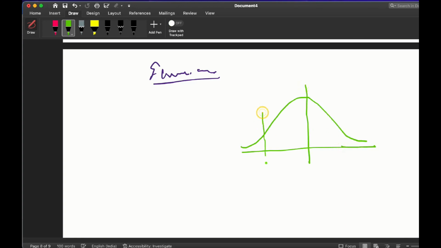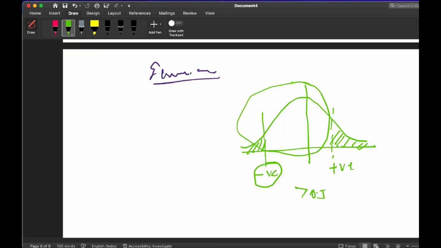Okay, so when we take the z value, this always comes positive and this always comes negative. This part is equal to this part. So if the area is coming 0.5, it will be this area, and if it is coming minus 0.5, then it will be this area. So in case you have made a mistake in the negative and positive sign, then only the area will be the same, only the region will be different.